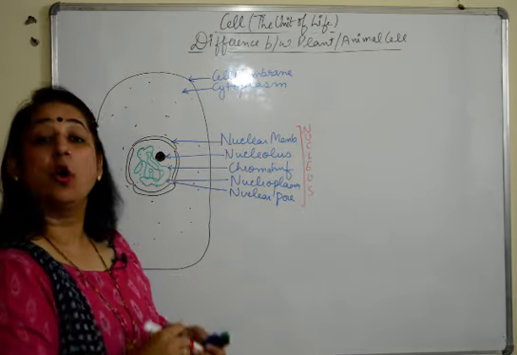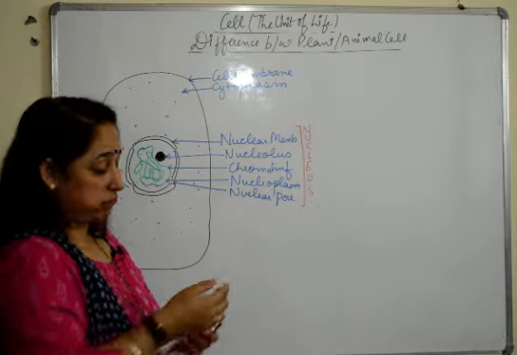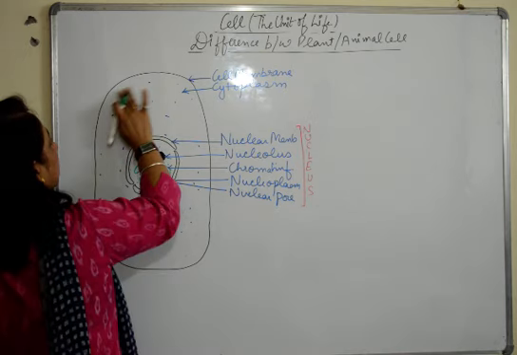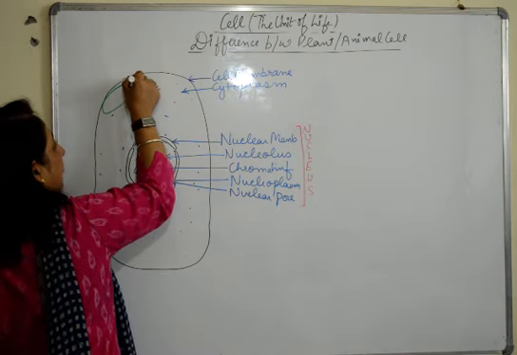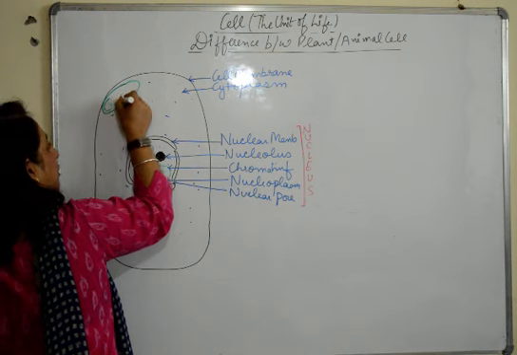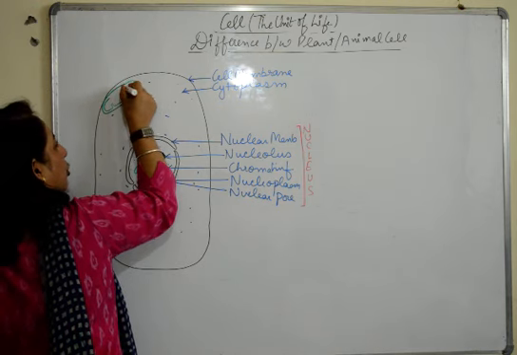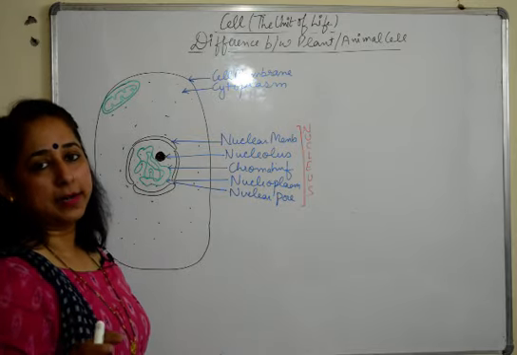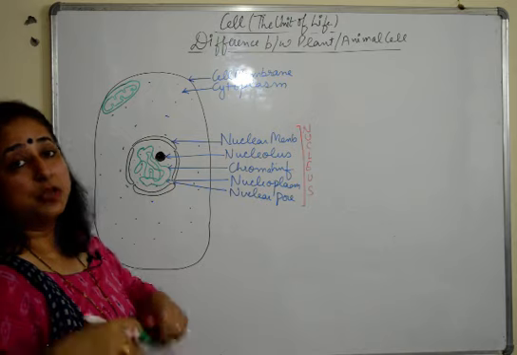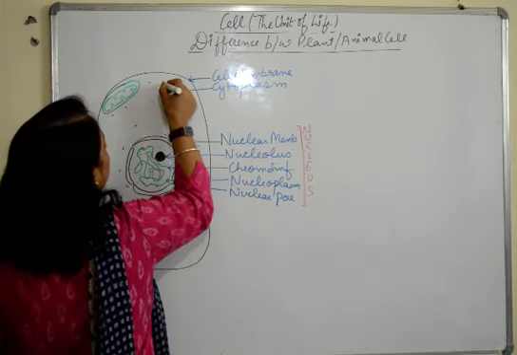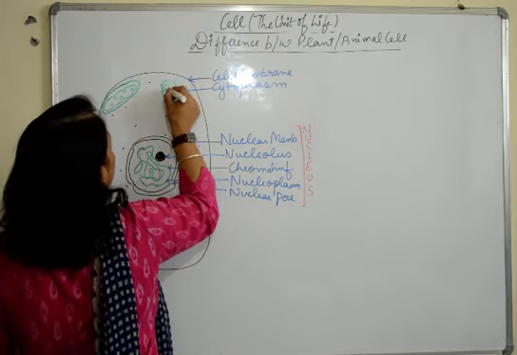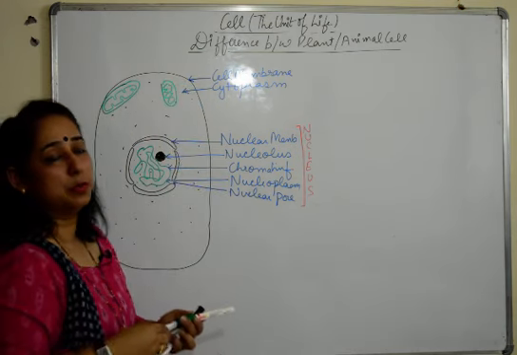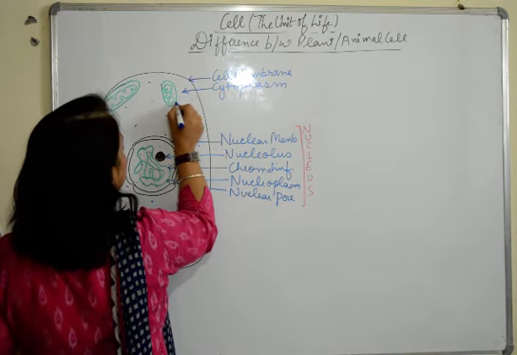Now we come to cell organelles in the cell. The first and foremost is the mitochondria. Very important structure. Again, I don't recommend children just making dots and labeling. No teacher will recommend that. So try to make a structure which is clearly visible. So I'll make it here also. There are many mitochondria, so you can make 1, 2, whatever you like. And simultaneously I'll label also so that we know how much space is left.